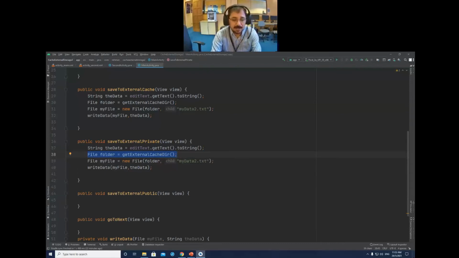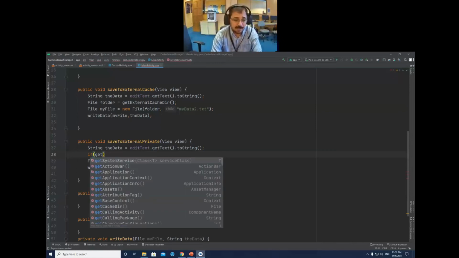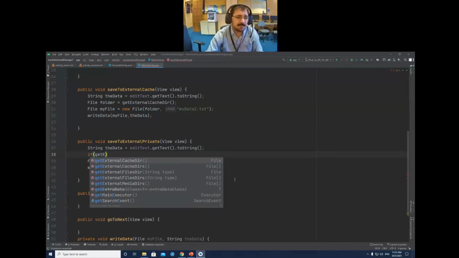If the external folder is available and accessible, I will put in the if condition that the external private directory that we want to access is accessible.